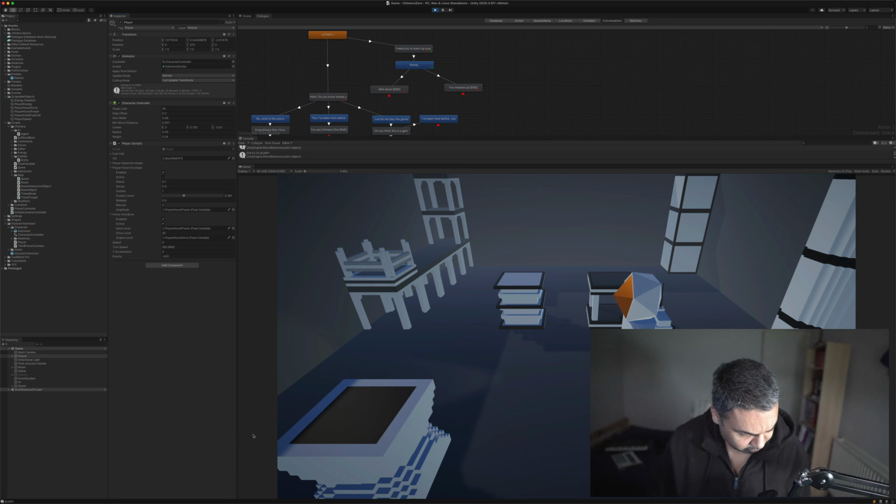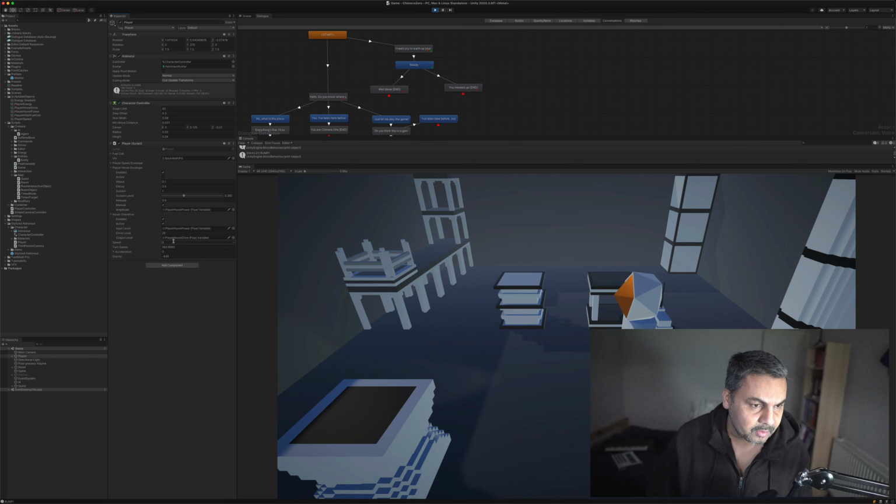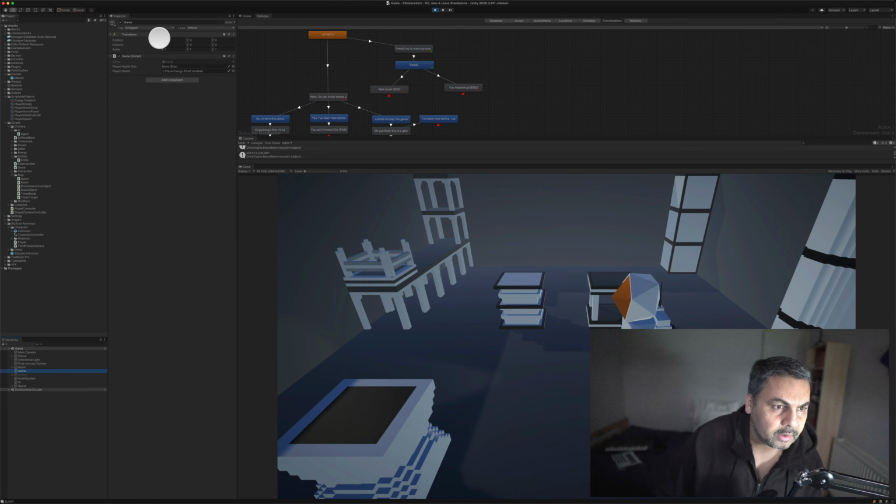And modular synthesizers are a nice way of thinking about this. Let's have a look at some code, shall we? Something new. What did I do? Oh yeah, really simple thing. Let's go to game and open up that script. It's a nothing script, but